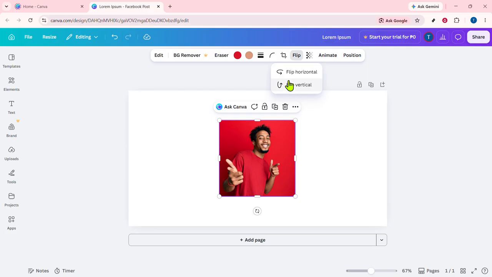Choose the option that gives you the result you want, and Canva will apply the change instantly. This makes it easy to test both directions and decide which version fits your design better. If the flipped version doesn't look right, you can simply switch back by choosing the opposite flip option again. A helpful tip is to look at the overall composition of your design after flipping the image. Even though the change takes only a second, it can strongly affect how the viewer